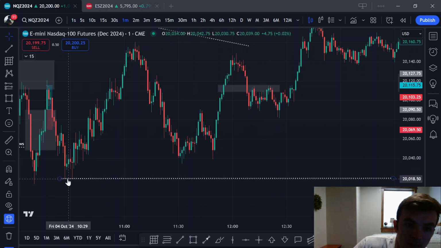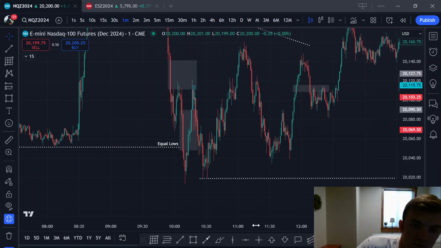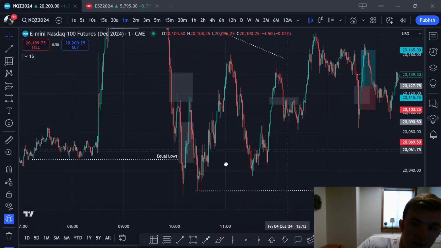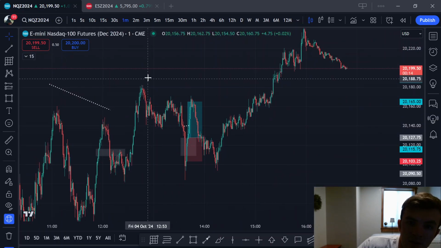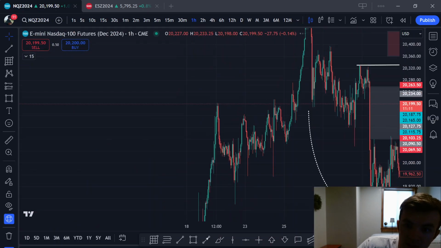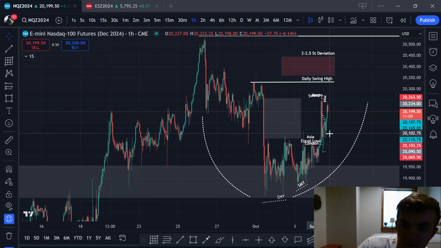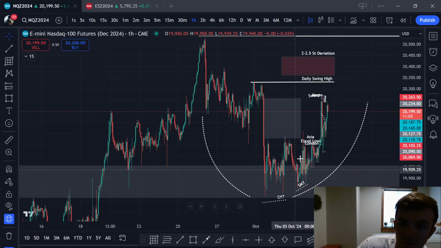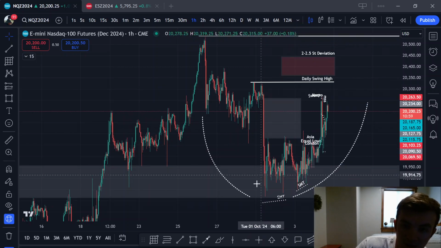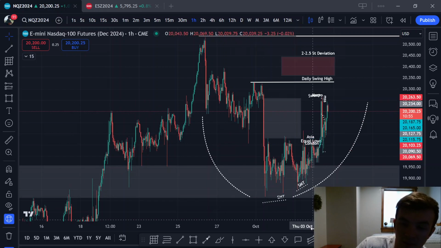So anyway, these equal lows will probably get taken out at some point later, but it's also unclear because it does look like we are in some kind of buy model. So maybe this buy model only takes us up to here. Maybe we don't get up to there. At least it's part of a buy model, but we'll see how far up this takes us.